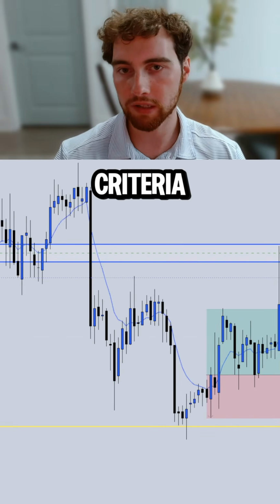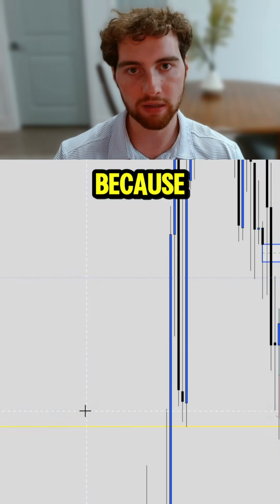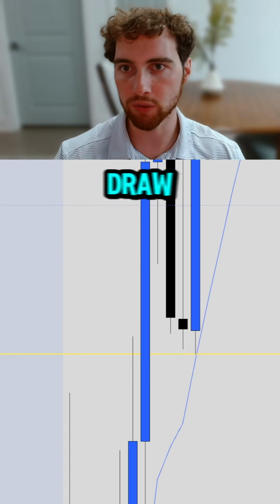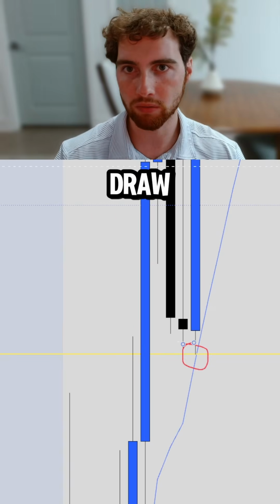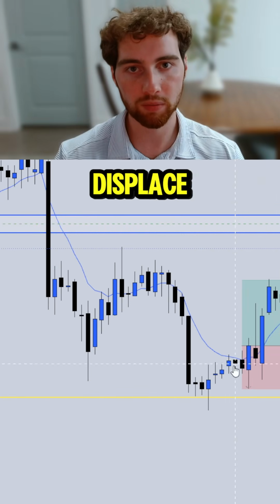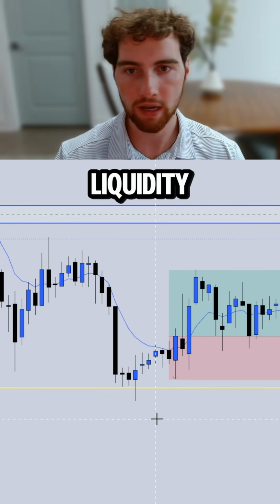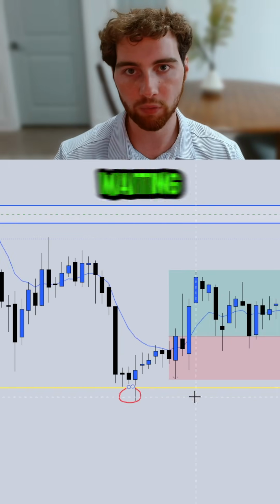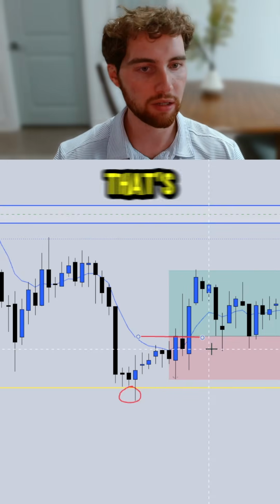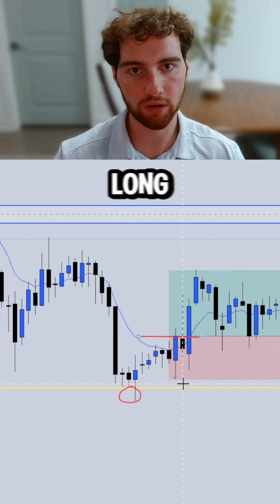But for my entry criteria, and why this is so powerful, is because I go to that little higher time frame, go to the 15-minute, and I mark out a draw of liquidity. As you can see, we have a draw right there, and I mark that out as I am waiting for price to displace down to that level of liquidity and sweep that liquidity, and then I'm waiting for a break of structure reversion back to fair price. So as you can see, that's what we got right there, and then I entered a long position,